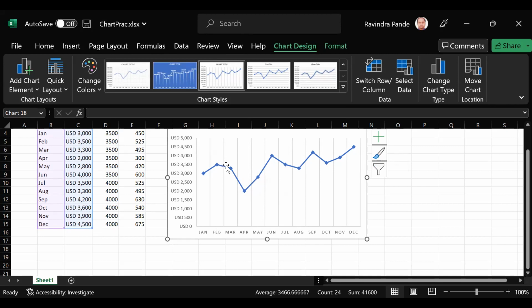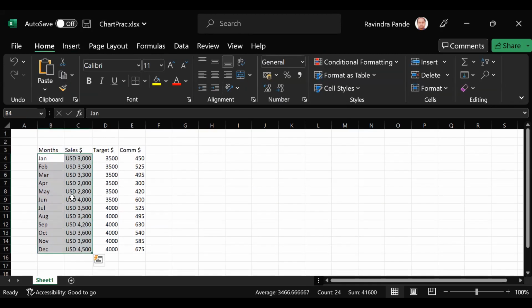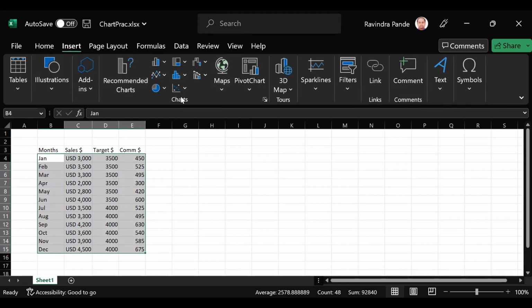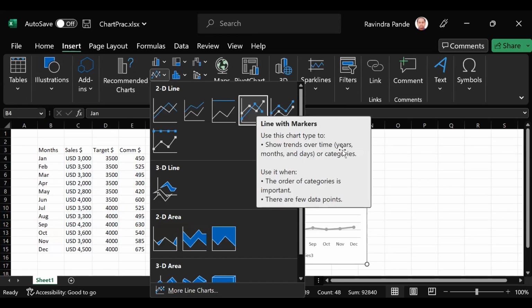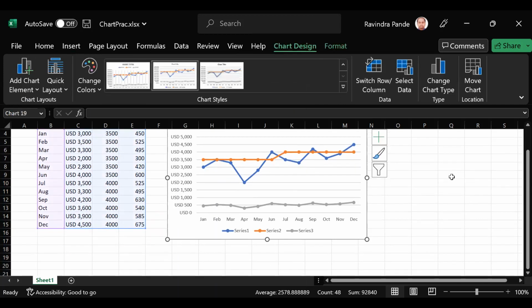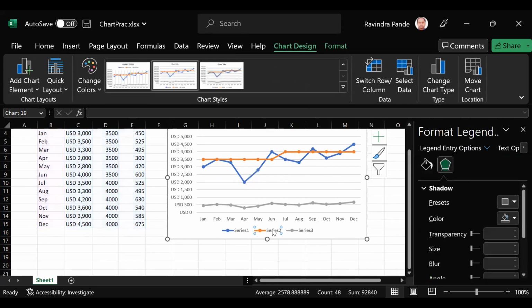Okay, let me show you now the combo line chart. What do I mean by combo line chart? Here I am selecting 2 or 3 columns. Okay, let's select all the 3 columns. Let's go to insert, let's go to the line chart, and let's try to plot a composite chart. So here this is a composite chart. What I'm talking about here, the orange one is my series 2 sales figure. I can rename it the way I want, right? So the way I rename it,